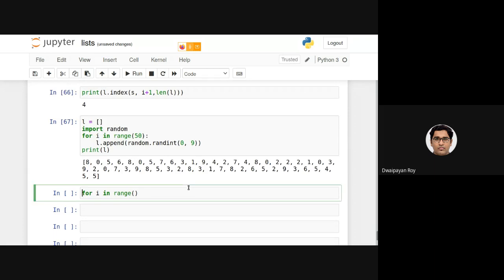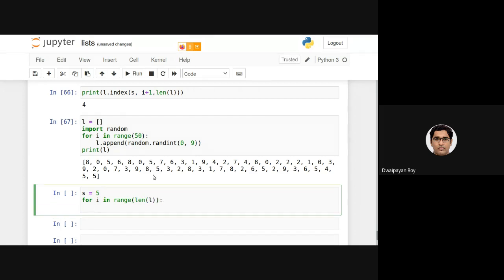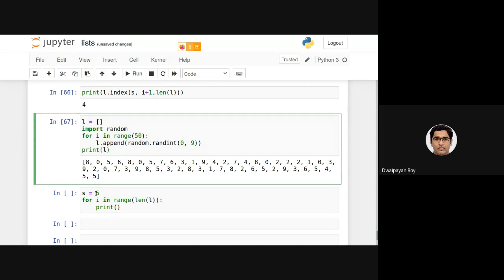Now I want to search the existence of all the 5s, or the location of all the 5s, in this list. What I'll be doing is len of L. Let's not store the value anywhere, let's just print. The list is L. I want to search all the index locations in which 5 is present in L. 5 is stored in S, the searching element.